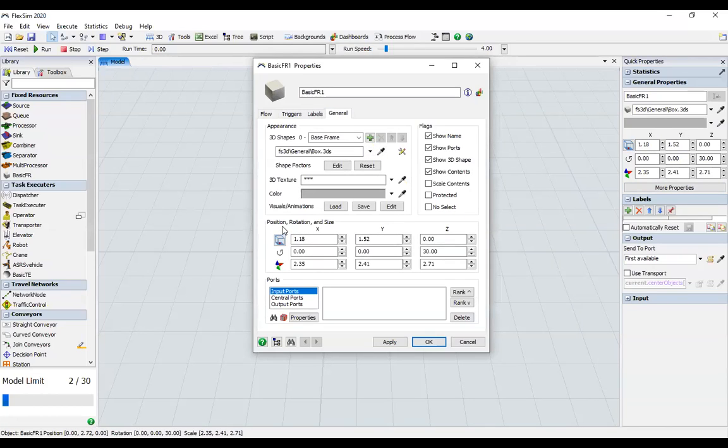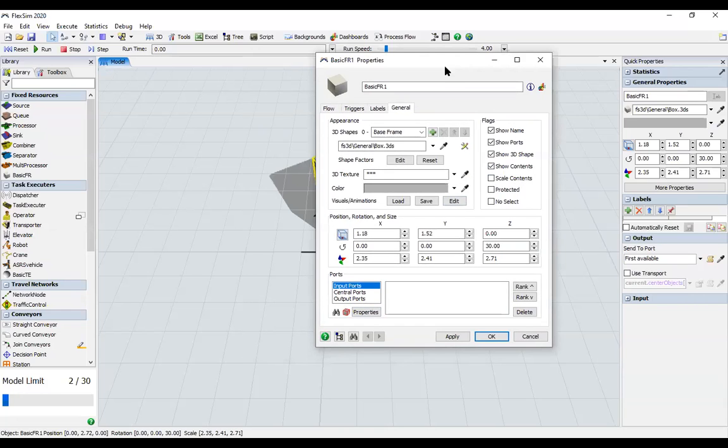Based on your viewing reference point, you can fix the position, rotation, as well as size, where you can set input, central, as well as output ports. And you can take any 3D model.